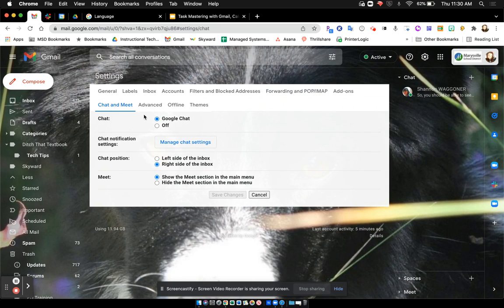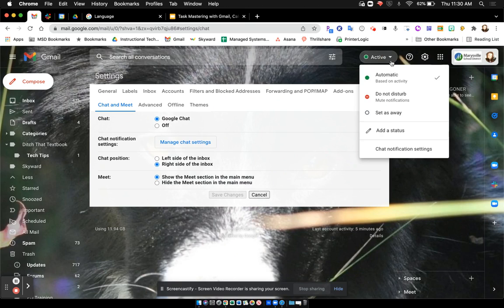Chat is set to Google Chat. If you don't want to receive Google Chat messages, you can turn that off. You can also come up here. We have our active status. Right now, if somebody was to message me, like I've messaged Shannon before, it shows that Shannon is green, so she is active. If I tab this down, I could set myself to do not disturb so I wouldn't receive messages,